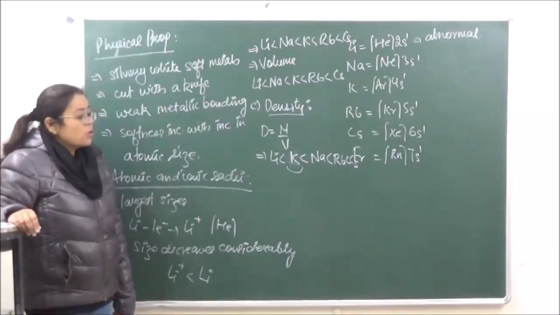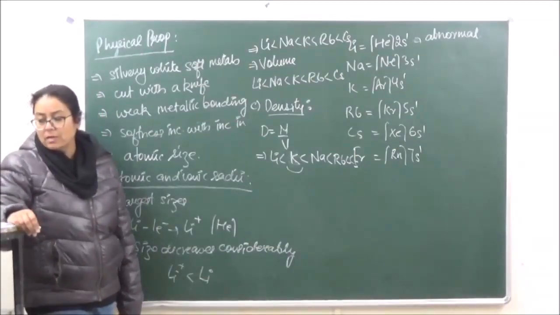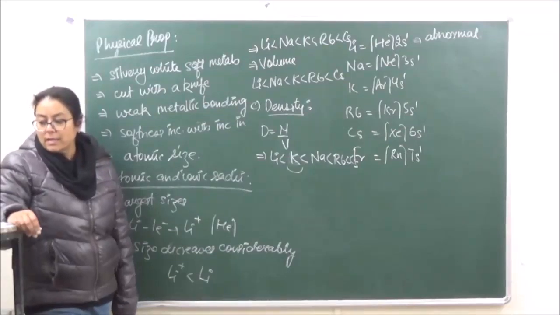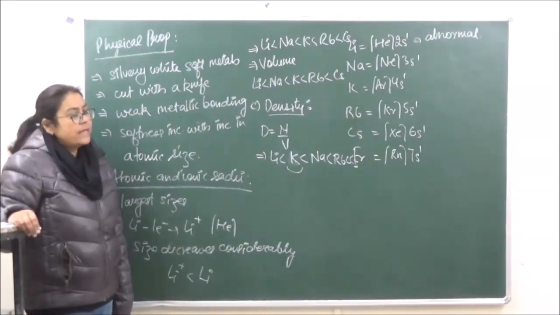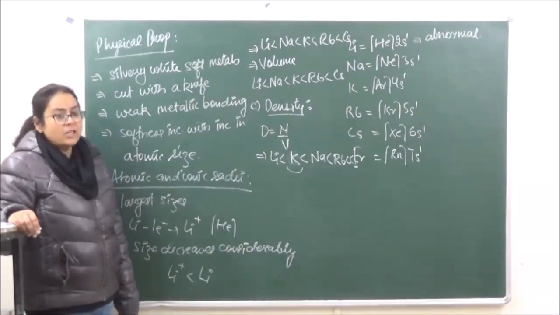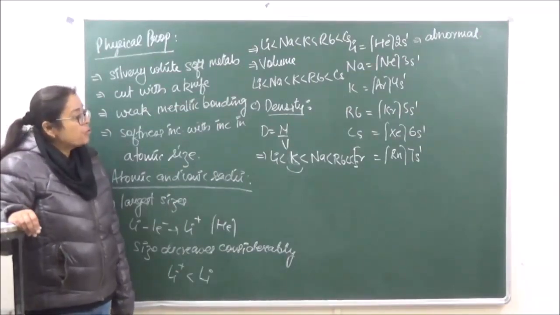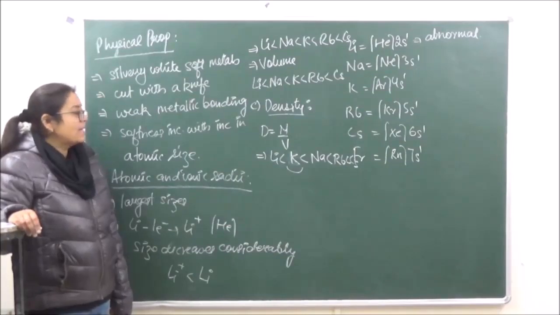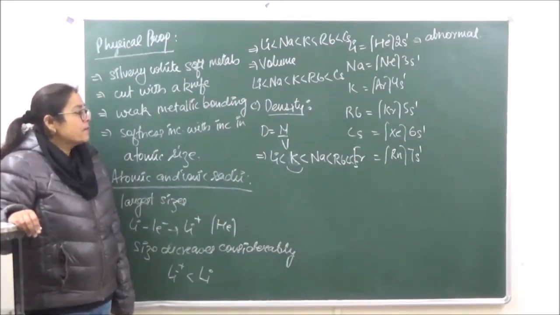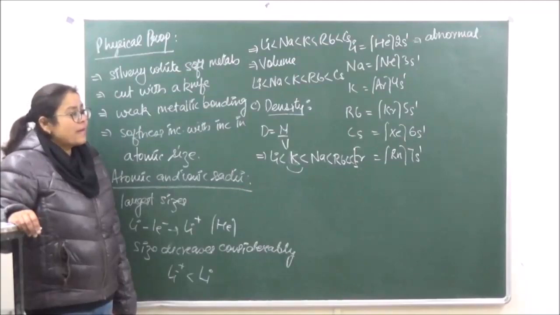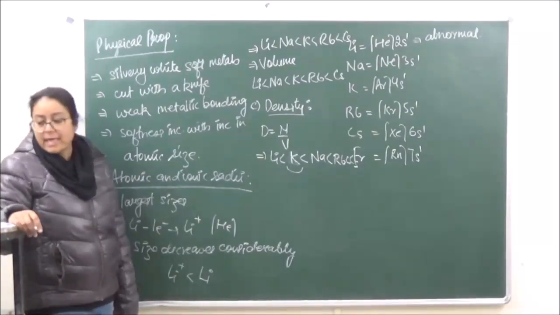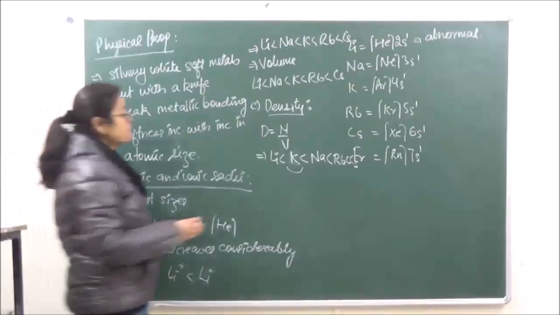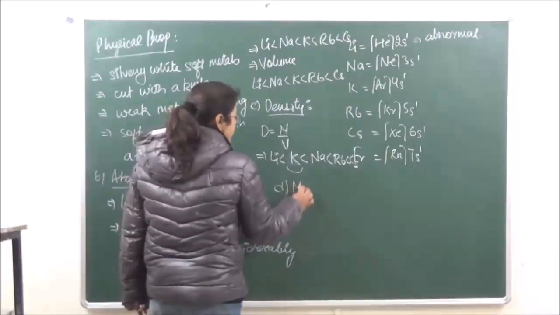So as a result, what happens to the volume? Atomic volume is going to increase, but not to a very large extent. So that is the reason if you get a trend of density of the alkali metals, please remember after lithium, potassium has a greater density than sodium, then rubidium and then cesium. Okay? Then the next property which we are going to do, that is